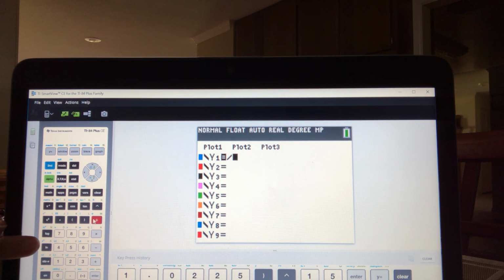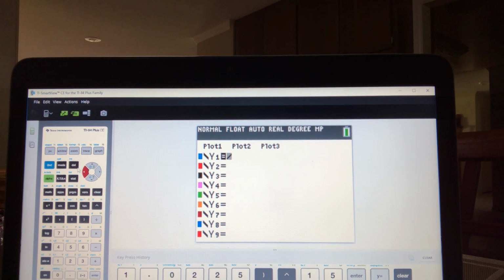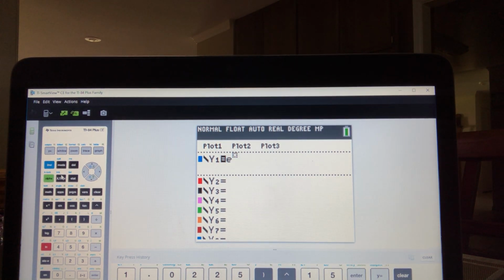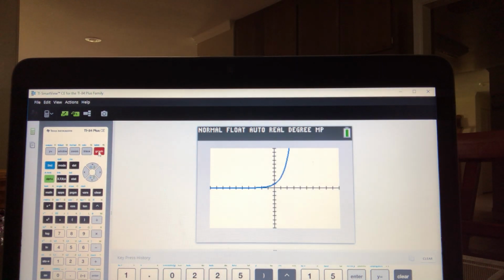Do you see where it says ln? We'll discuss what that is in a later video, but right along with ln is e to the x. So that's the one I want to press. Okay, so it's second ln. You'll see it has e with a little block there to put the x in. If yours doesn't have the block, just put e and then afterwards an x. Okay, so when you press graph, you will see this